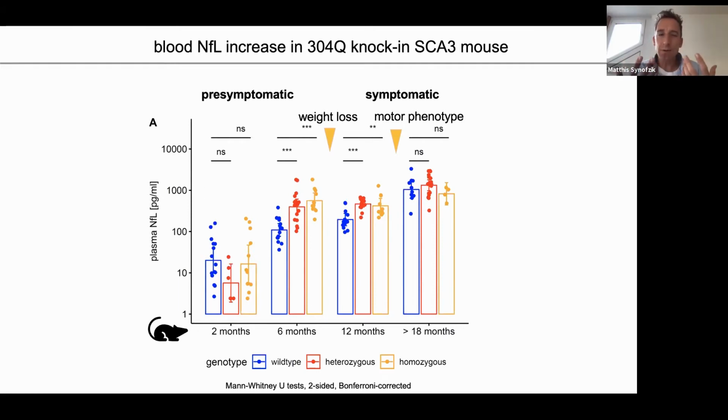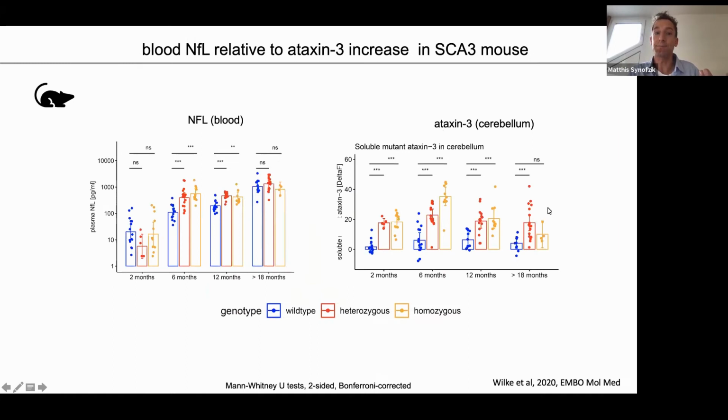How is this related to histology? And I think the mouse model is excellent to tell us how this is related to what actually happens in the cerebellum. And in this mouse model, the Purkinje cell loss, and we were able to show this in this paper, starts about month 6. So NFL is even at the verge of the starting Purkinje cell loss. And this tells you, you have a peripheral readout of what is happening cellularly in your brain, in your cerebellum. So this is, I think, a cool story if you want to use NFL in your mice as a preclinical trial.